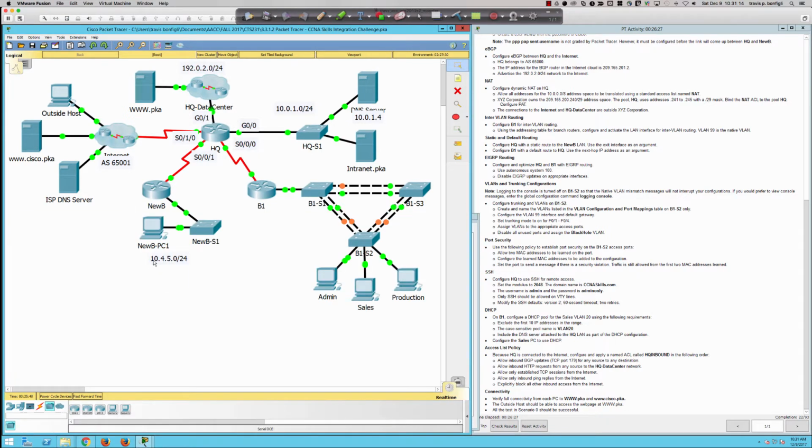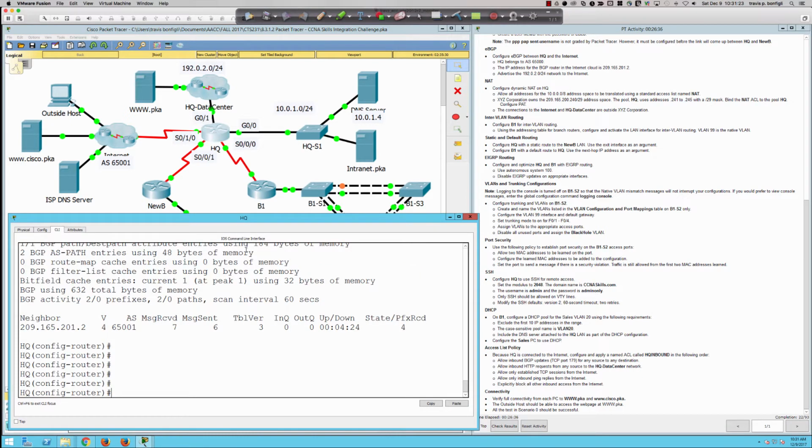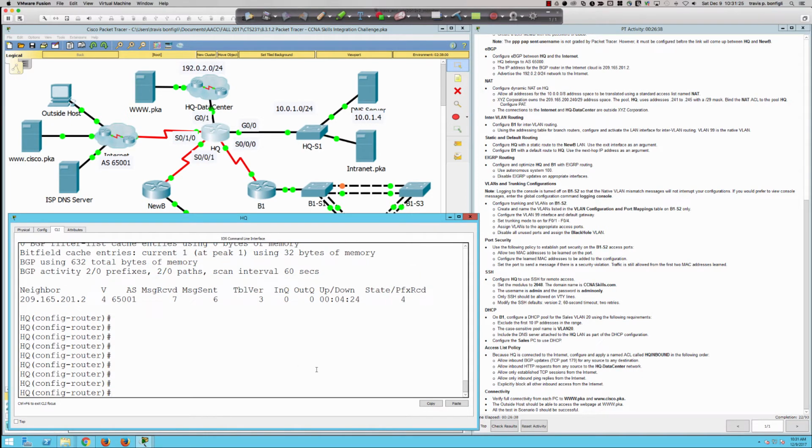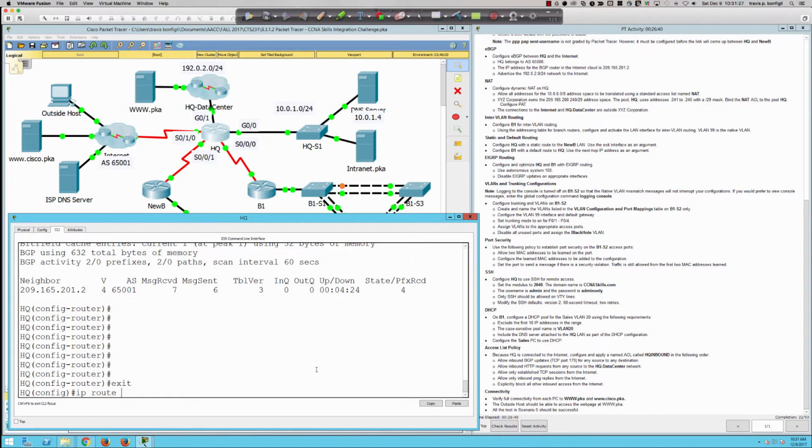If we take a look, you can see they really help us out right here, right? They give us the network that we need, 10.4.5.0/24. So we need a static route here. So we're going to come back out. We're going to say IP route. And remember, it's not a static default route, so we're not using quad zeros here, right? Remember, I'm saying that my route to get to the